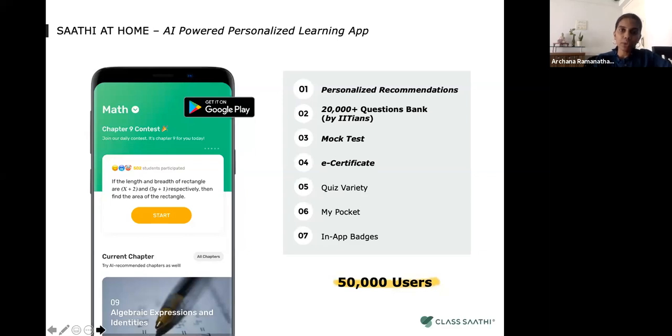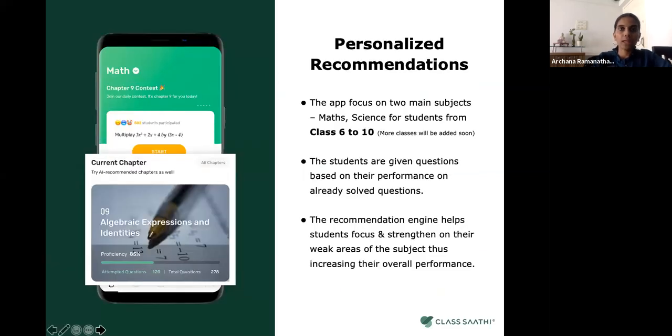I'm now going to take you through some more details on the top features of the app. Starting with personalized recommendations: the app is for students from classes 6 to 10 for the subjects of math and science. When I talk of personalized recommendations, what I really mean is that students are given questions based on their performance on questions that they have already solved.